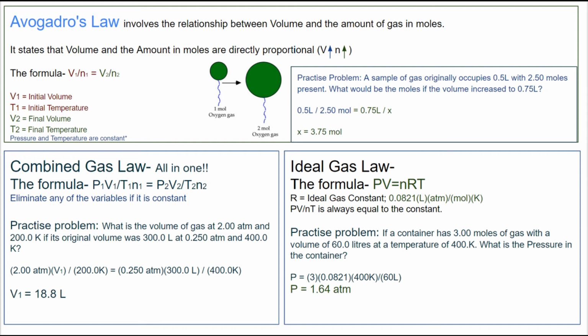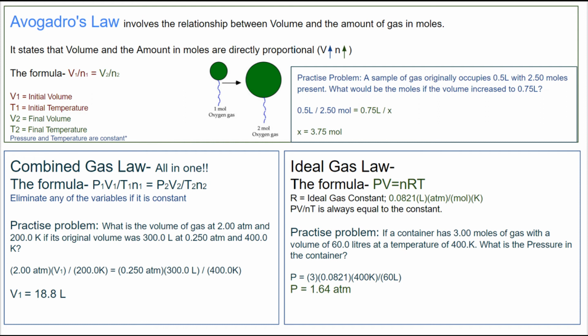And we're solving for N2. And next we have the combined gas law. So this is basically all of the gas laws put together in one formula. And we can use this when there are multiple variables, and we can also eliminate any of the variables if